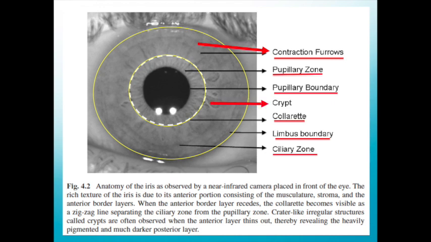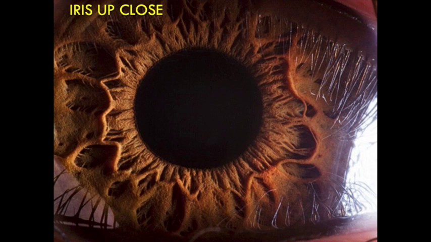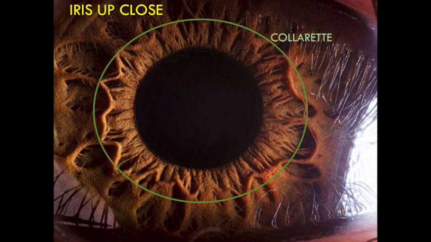Here's a crypt, these structures that we point out here. They are basically areas that fill up with fluid as the iris dilates and contracts. Up close, here's the pupillary zone again. Now you can see there's the collarette. The collarette is not exactly a circular pattern, but it surrounds the pupillary zone. This is the zigzag pattern that we spoke of. Here's a crypt just outside the pupillary zone, and that zigzag pattern there,